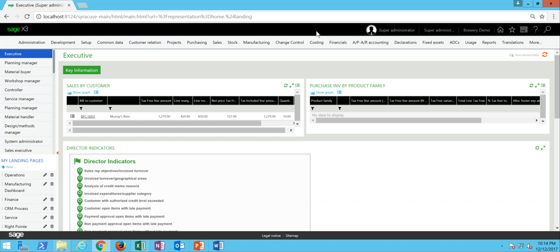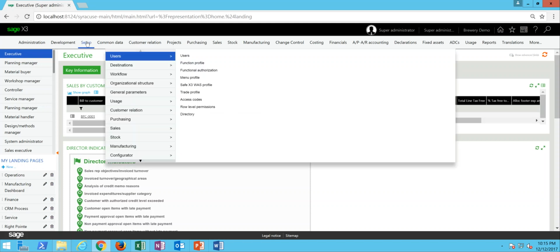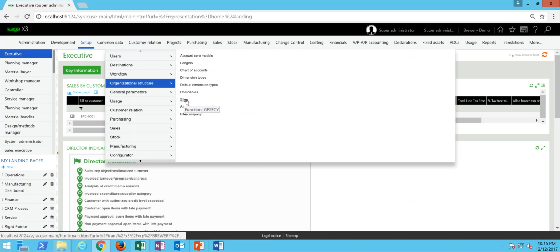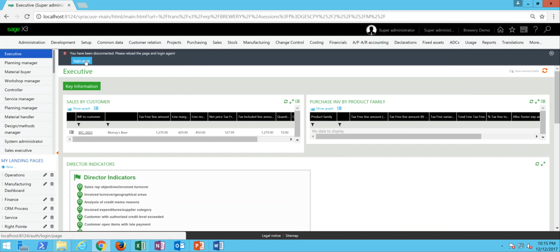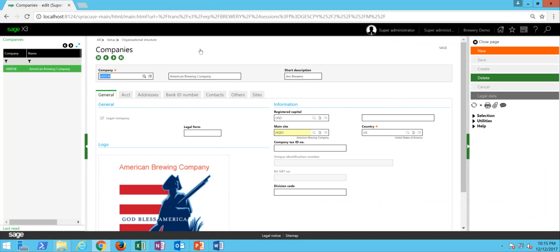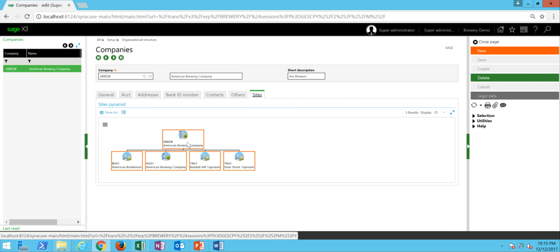Okay, so let's go ahead and start by taking a look at the organizational structure within the system. So if we come under the setup menu here, then come to organizational structure, then to the companies. So in here in the companies, the name of our demo company is called American Brewing Company. And if I come over here to the Sites tab, I can see that American Brewing is composed of these